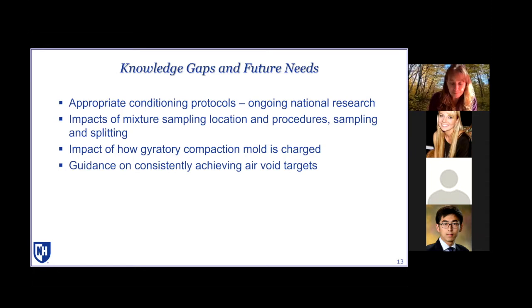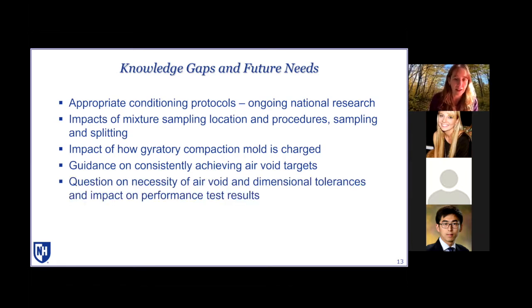And again, there are strategies that states or laboratories have developed to make this a little bit easier. But there can be some general guidance that's produced for this. And then there is a question on the necessity for some of those tolerances, or how tight those tolerances are currently in the specifications or in standard practice. For some tests, you do need a slightly narrower or more restrictive tolerance,